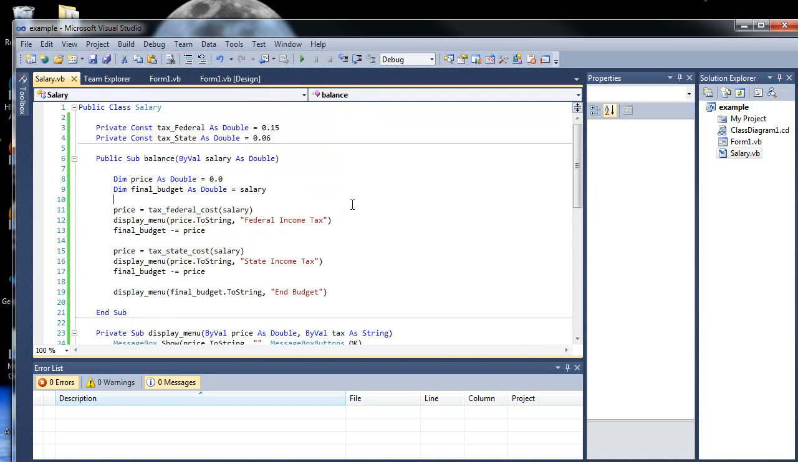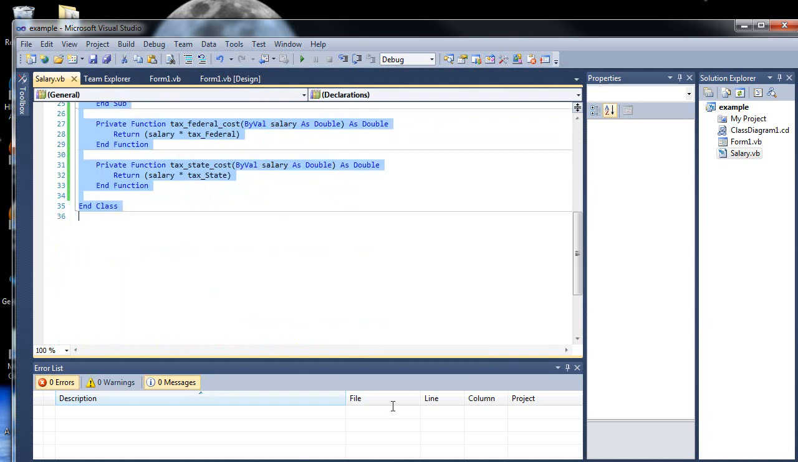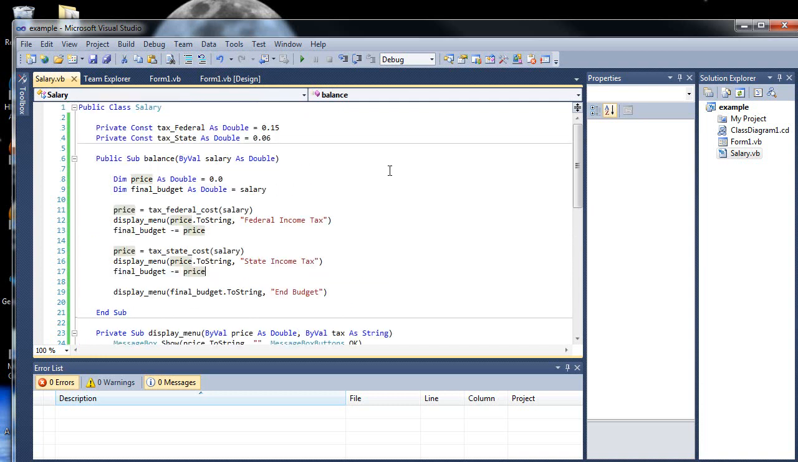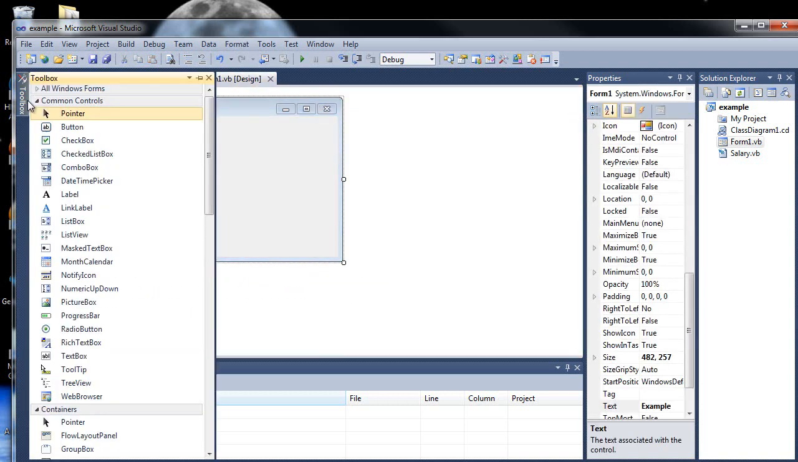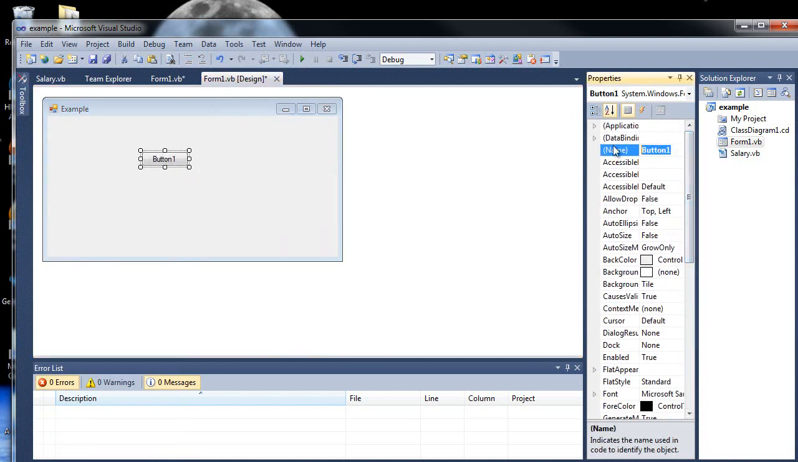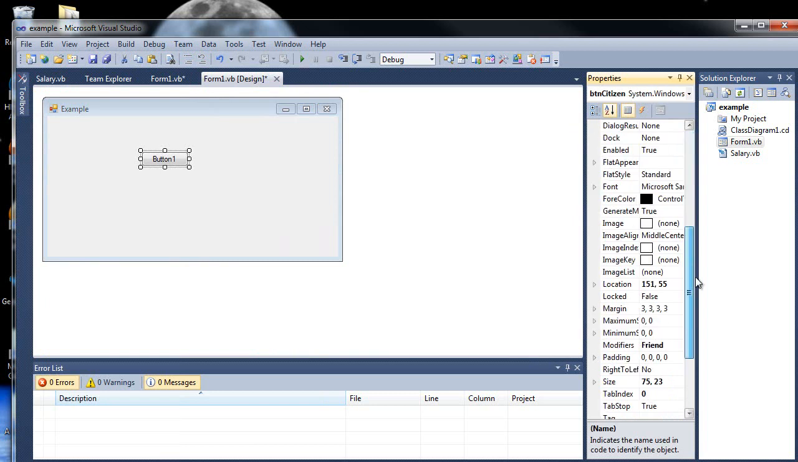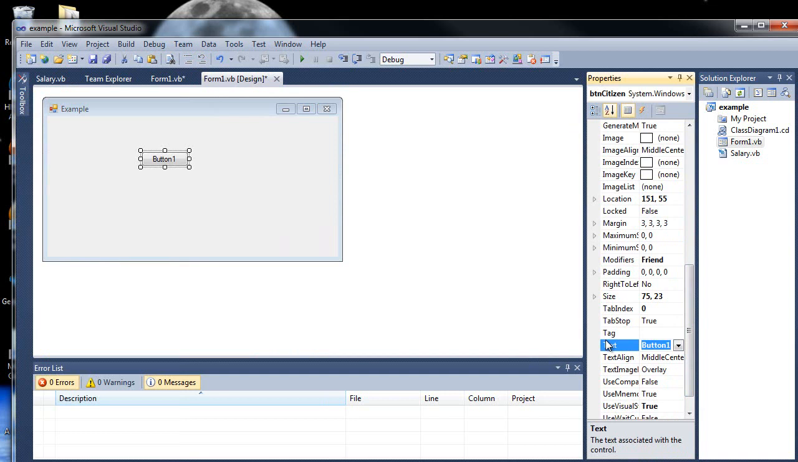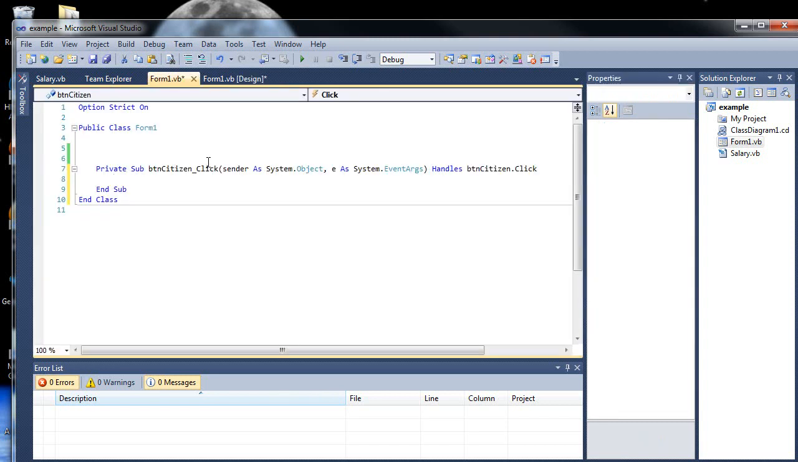So now we need to actually create our object, because we have all this code here, but it doesn't do anything until we actually create the object. So going to our form here, let's create a simple button. Let's call it btnCitizen. Down here, just call it citizen. And I'll double click this, and before we do anything inside the button click event handler, let's just go up here and actually create